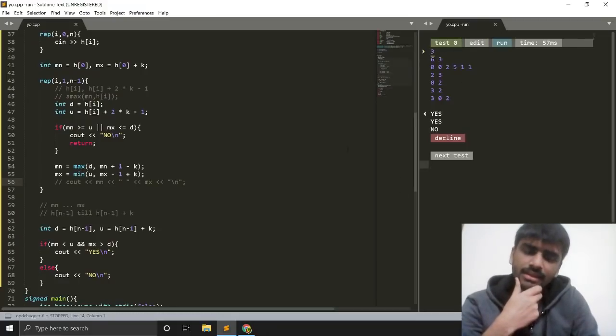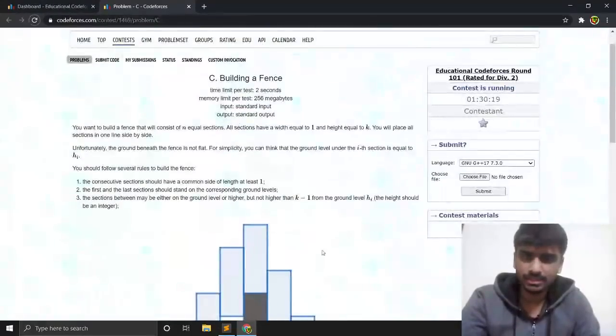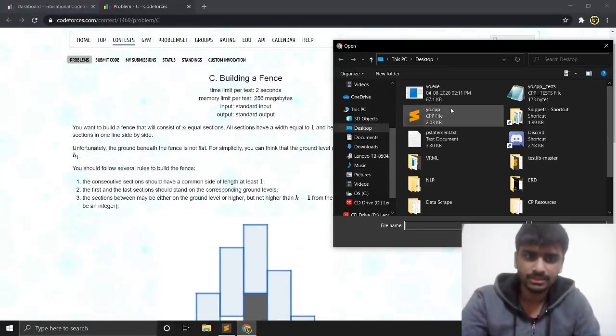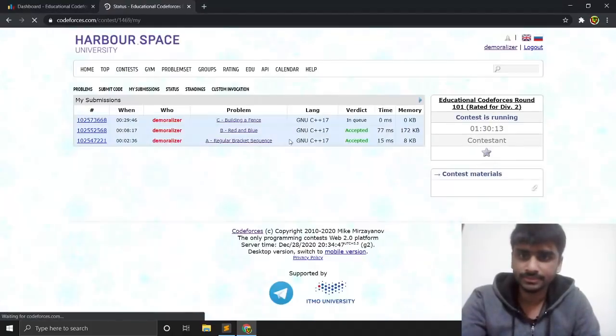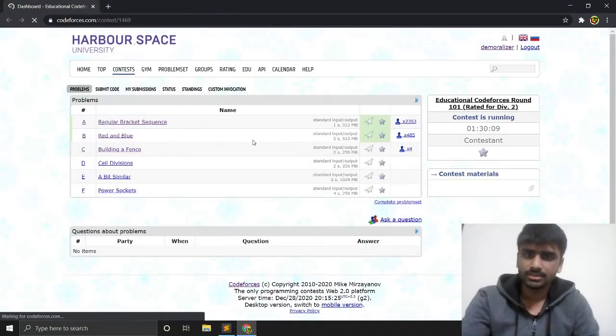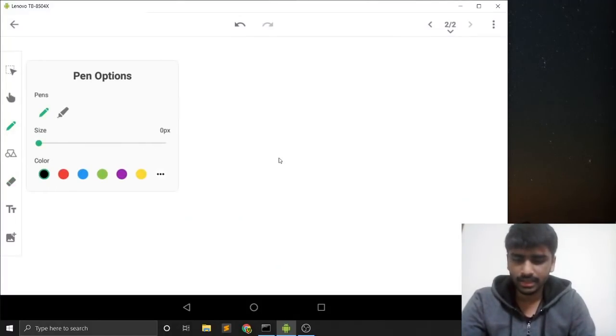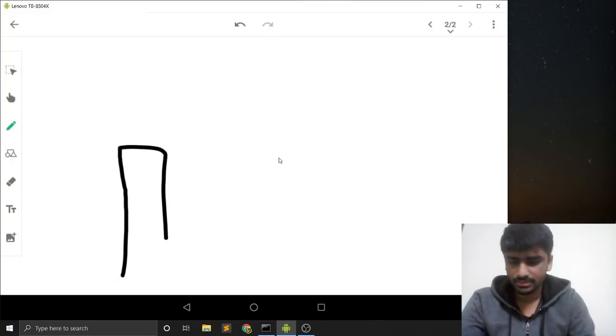It did run on the sample, but I'm not sure if it will be right. Actually, the implementation is a bit tricky here, and that's why I'm messing it up. I wouldn't be surprised if it gets a wrong answer, but it got accepted. So I'm a little surprised, but yeah, I'll explain what that was. I got a bit stuck in the implementation, but the main idea is that